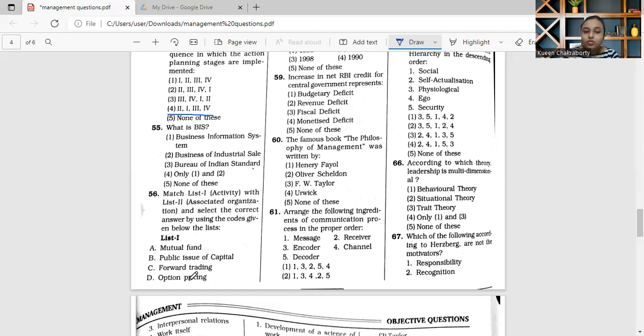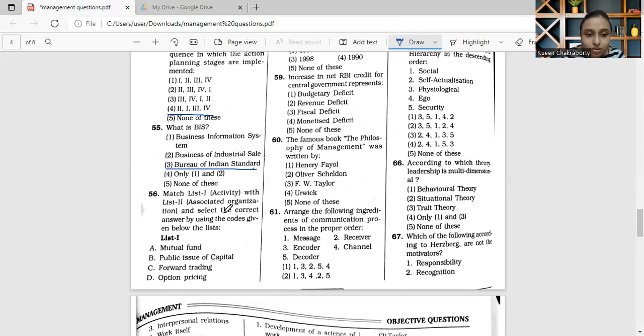So moving on to the third one, which is Bureau of Indian Standards. The Bureau of Indian Standards, called the BIS in short form, is the national standards body of India, which works under the aegis of the Ministry of Consumer Affairs, Food and Public Distribution under the Government of India. So the BIS full form is Bureau of Indian Standards.